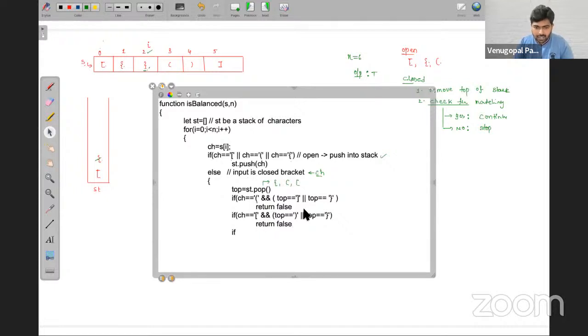Next condition, last condition, if character is equal to, let's say, square brackets, and okay, so top is equal to character open, where I think this bracket is confusing, huh?